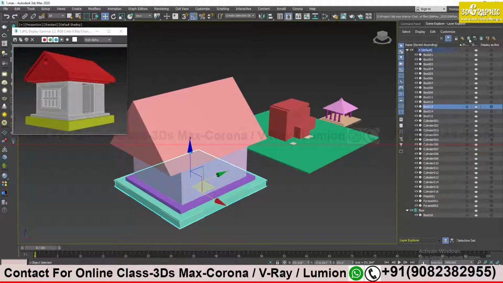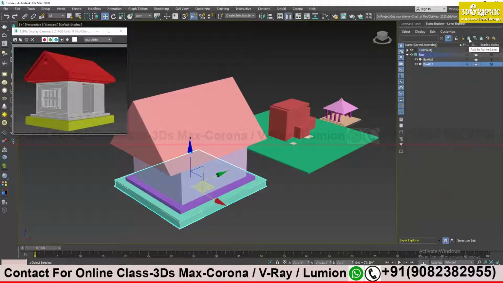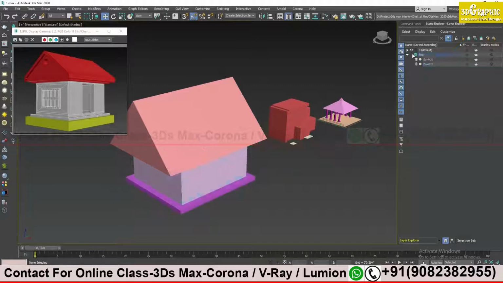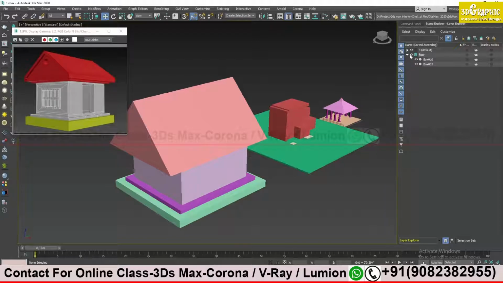I will just click on this add to active layer. Now see, I have two elements on the floor layer. Simple. Okay. Priyanka, yes, sir. You're getting me, right? It's okay with you? You understood the layers?